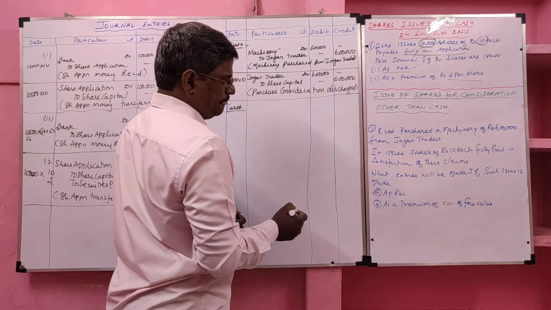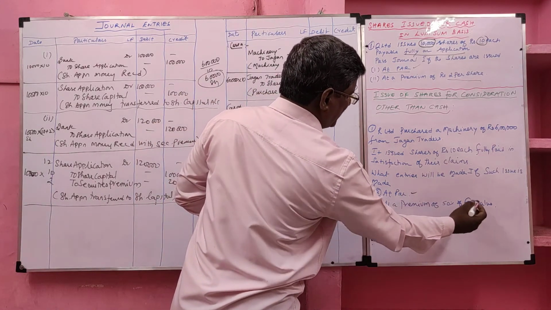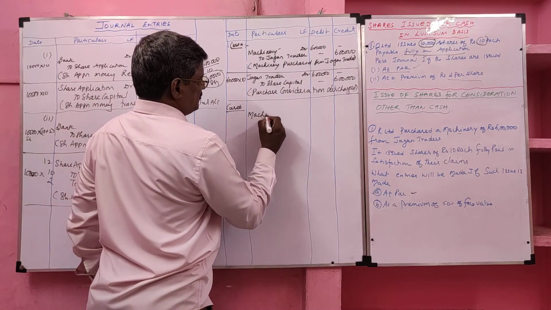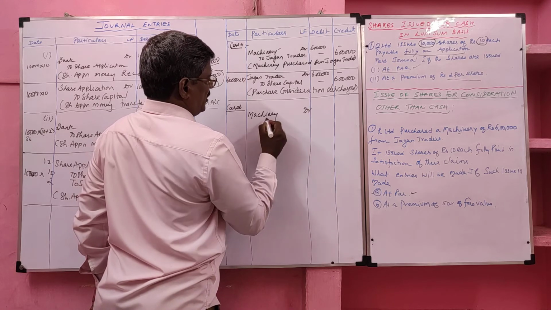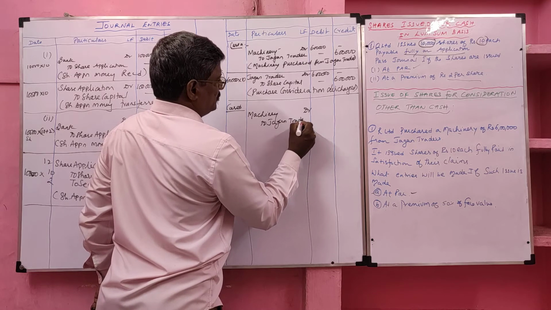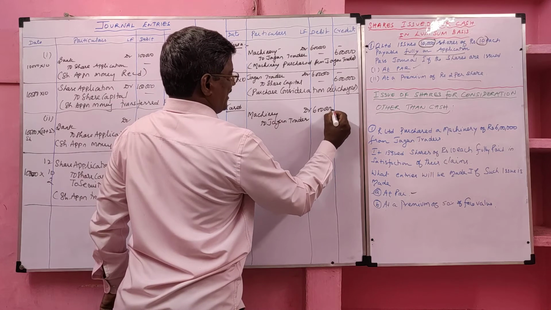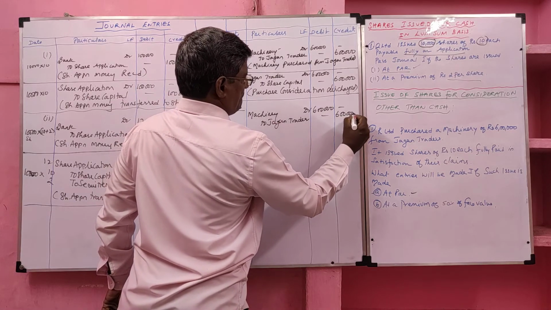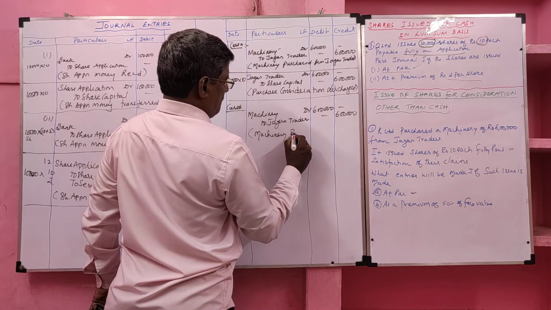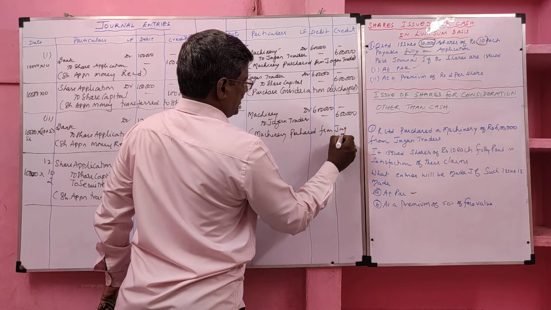Then let me see case number B. Case number A, at par, is completed. Next, at a premium of 50% of face value. Here also the asset is purchased first. What entry will record? Machinery account debit to Jagan Traders. The worth of the machine how much? 6 lakh. Narration: machinery purchased from Jagan Traders.